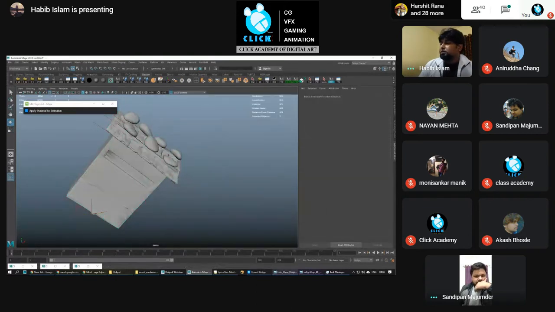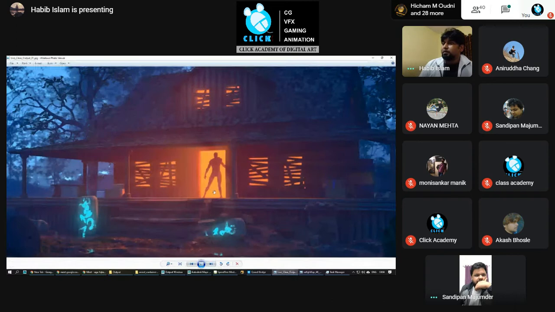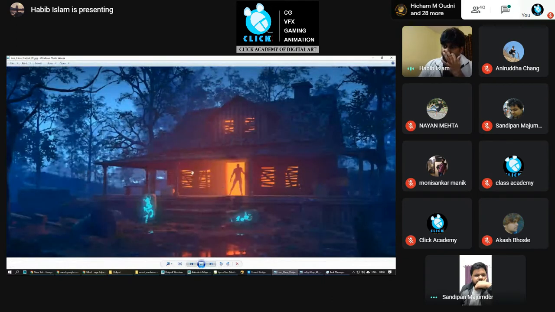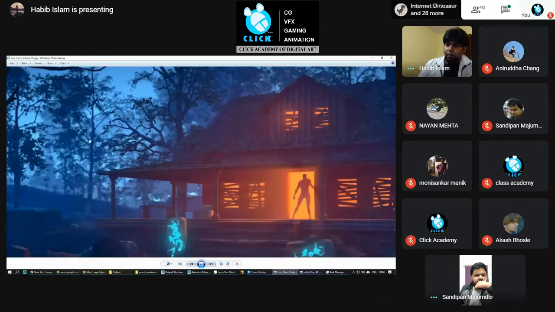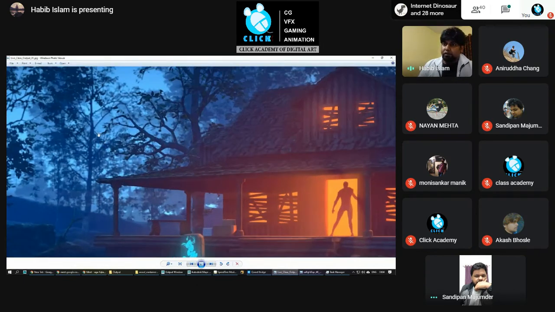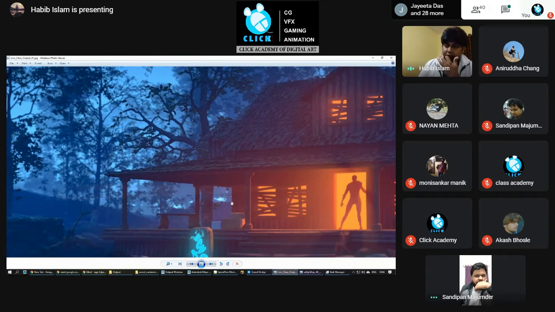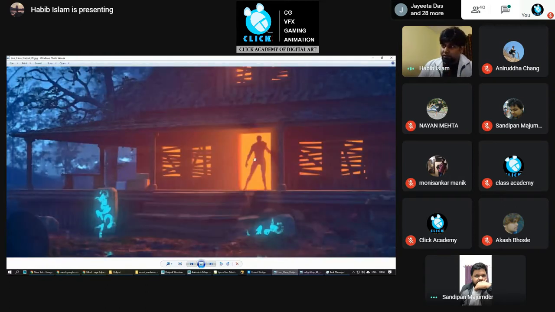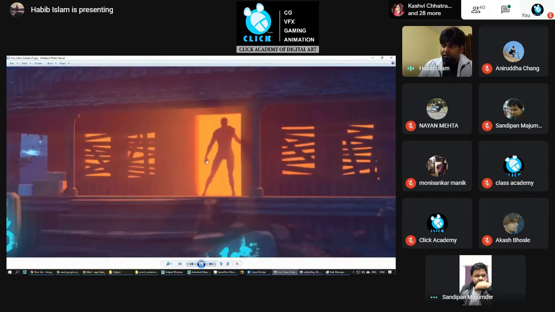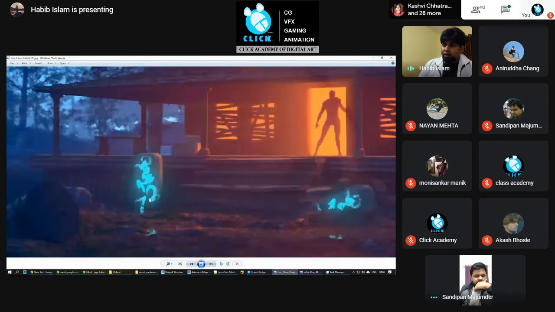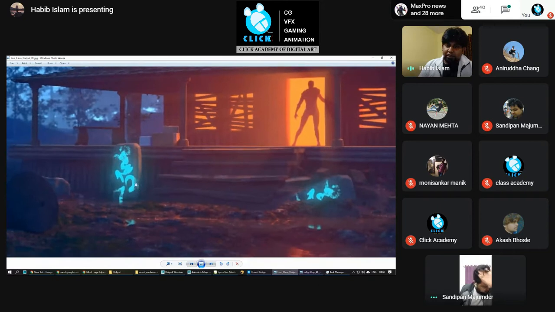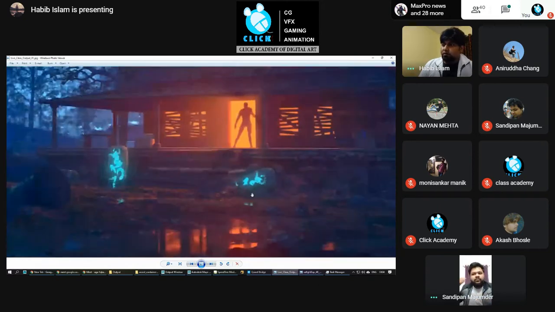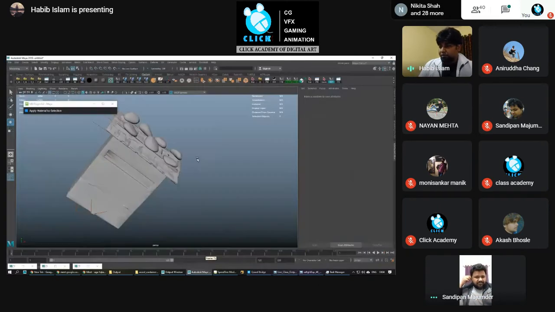The lighting is basically based on environment fog: blue fog, then orange fog coming inside the room, and then this glow, this Chinese lantern glow. Let me open the screen.